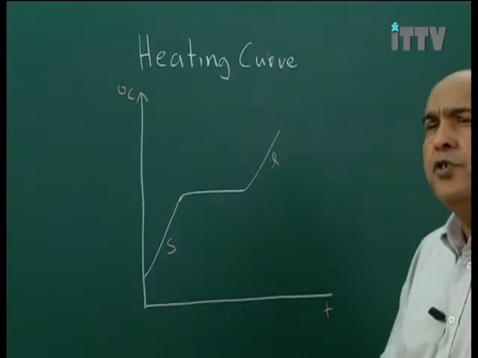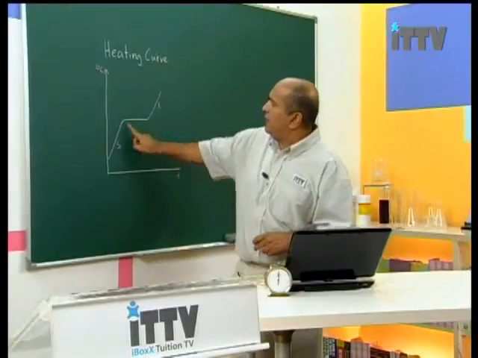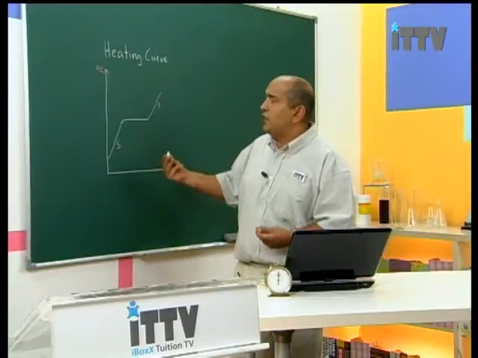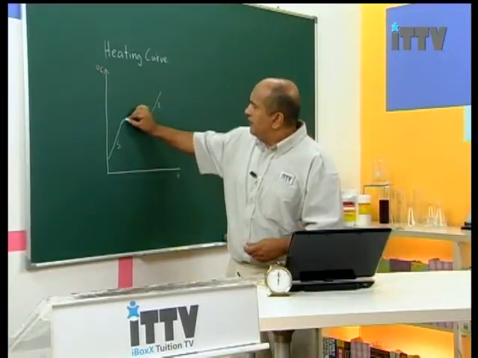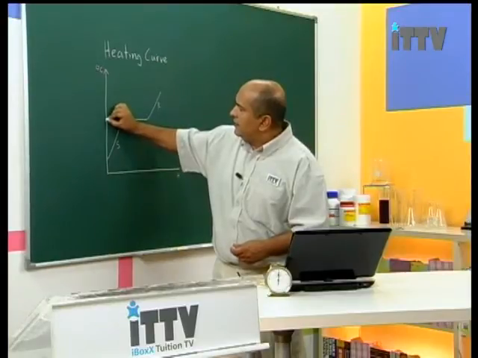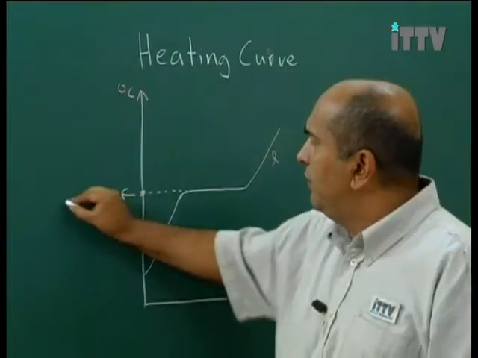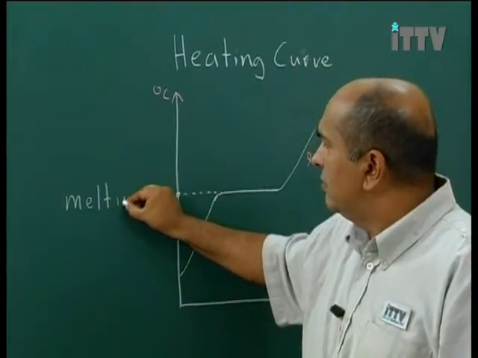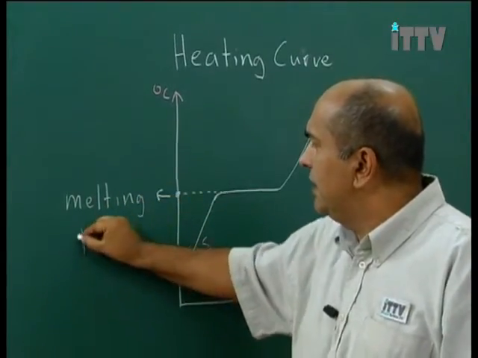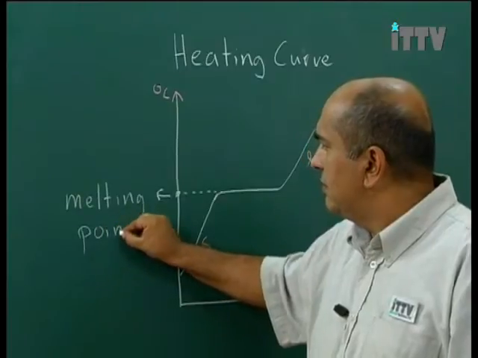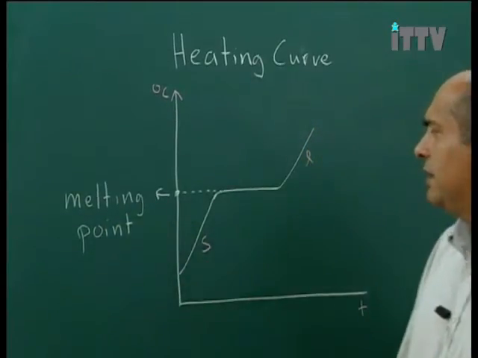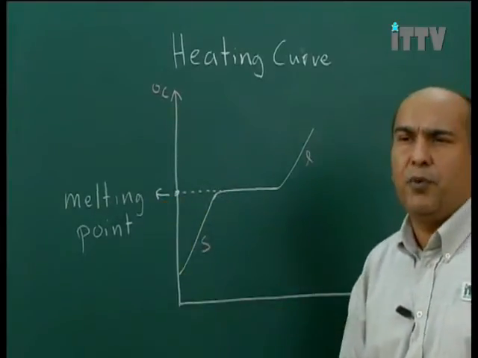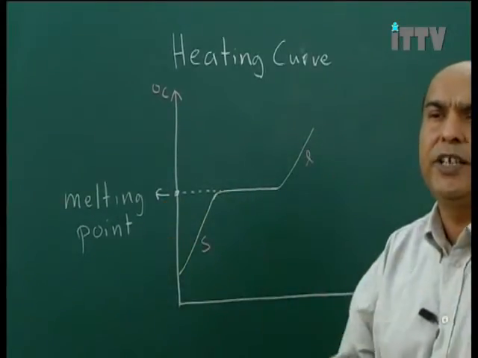What is important to know is that during this point here, where we are changing state, which in this case is called the melting point. If you dot a line back here, this temperature here will give you your melting point. During this state here, where we are at the melting point and we are changing from solid to liquid,